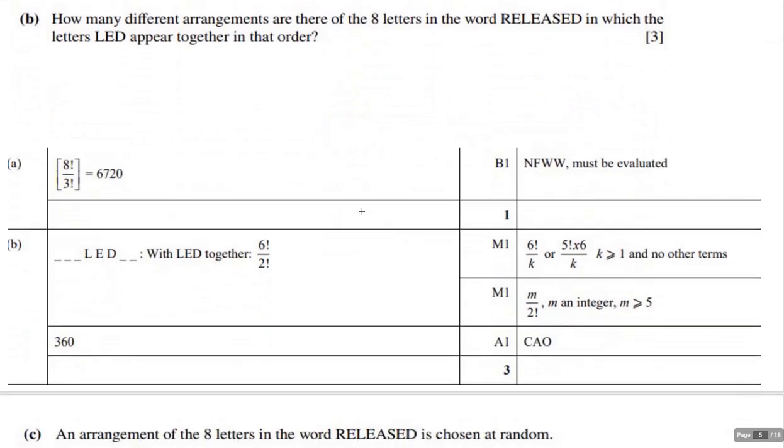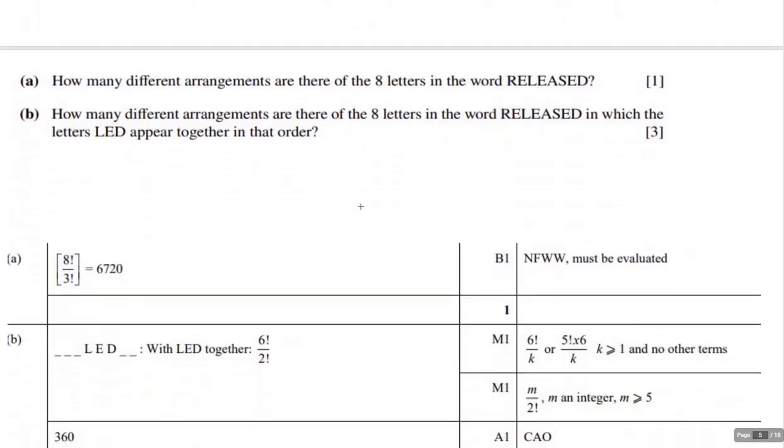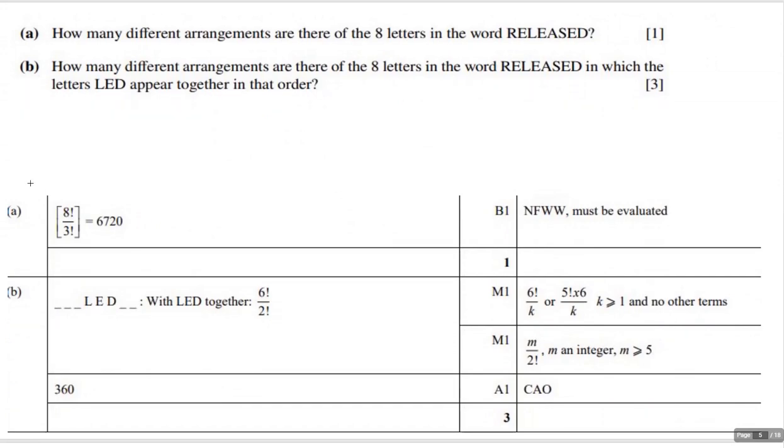Again, if you look for A, all they needed to know was the number of arrangements. They're not looking for anything crazy. If you know how to do this, this is going to take you seconds to do. Now, if you just write 8 factorial over 3 factorial, they're not going to give you the points. You have to actually write equals 6,720. Okay? That's only worth 1 point, but it's a